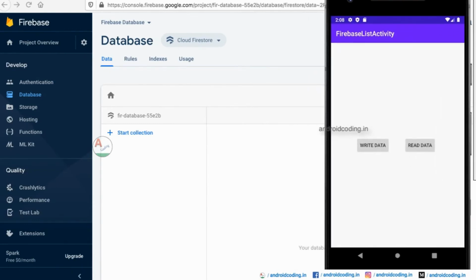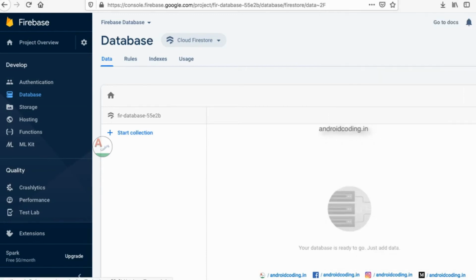So there is a database, and you can get very good clarity here. You can see there is nothing in it. We will try to write the data. These things take some time because they are asynchronous tasks. So I think the data is loaded. Let us try to refresh our database.